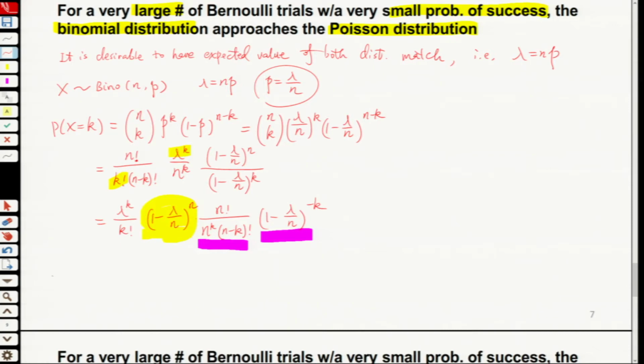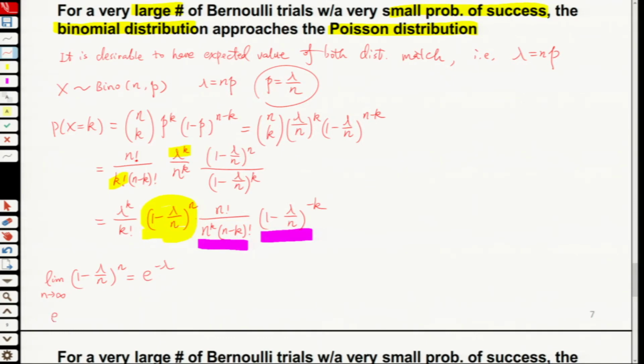So for this part, if we take the limit as n goes to infinity, because we have a large number of trials, then (1 minus lambda over n)^n is actually exponential minus lambda,